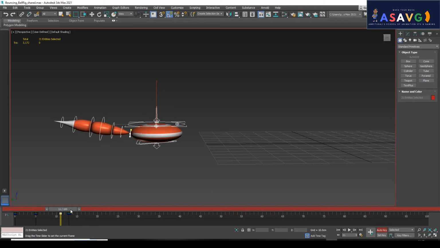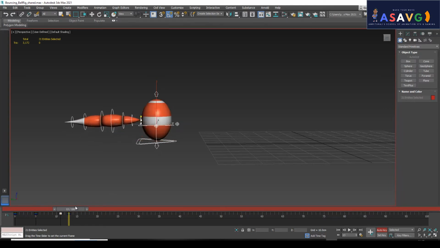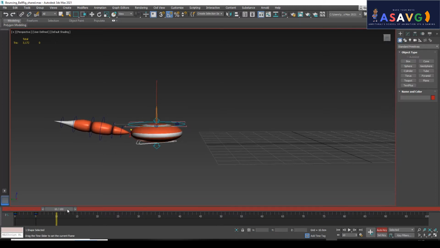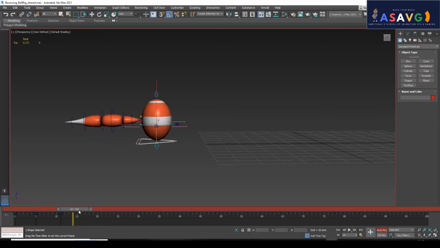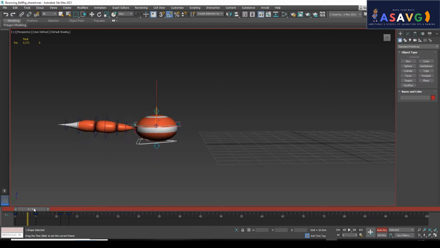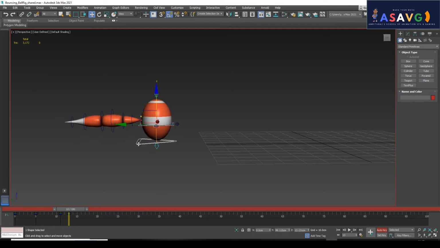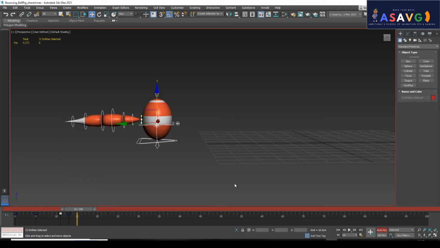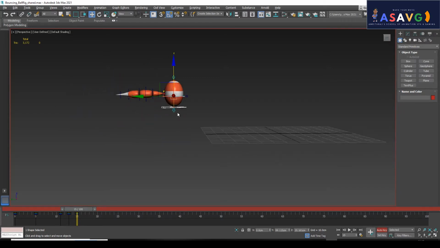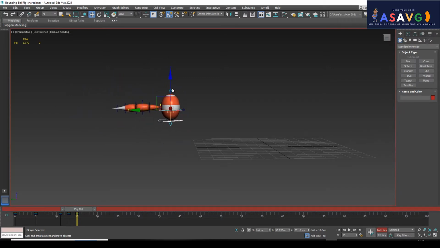There is a key at 5, then 11, then 13. So I will make the key at 5, 11, then 13. So this many keys are there, right? All the keys are on the same frame. Now I'm clicking here at 13, then I'll move to 15. Same thing, whole key, and he is moving to the top, just on the top.